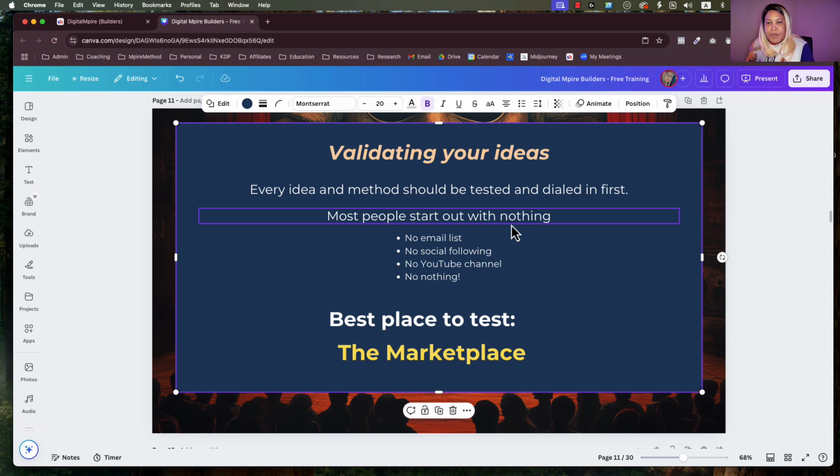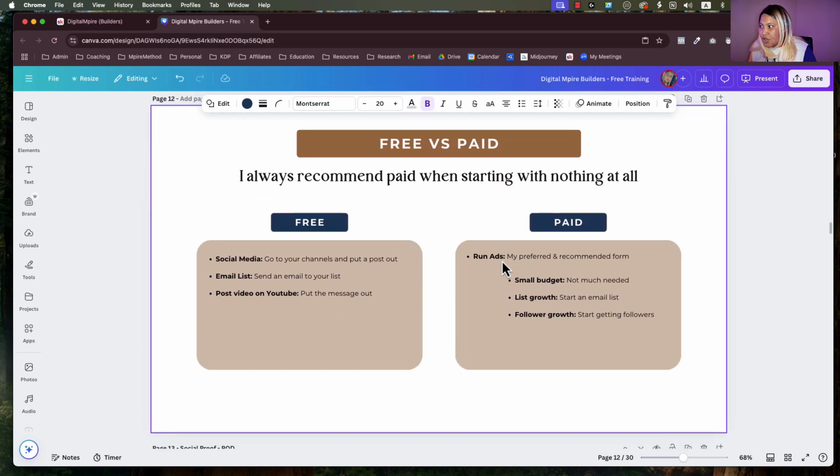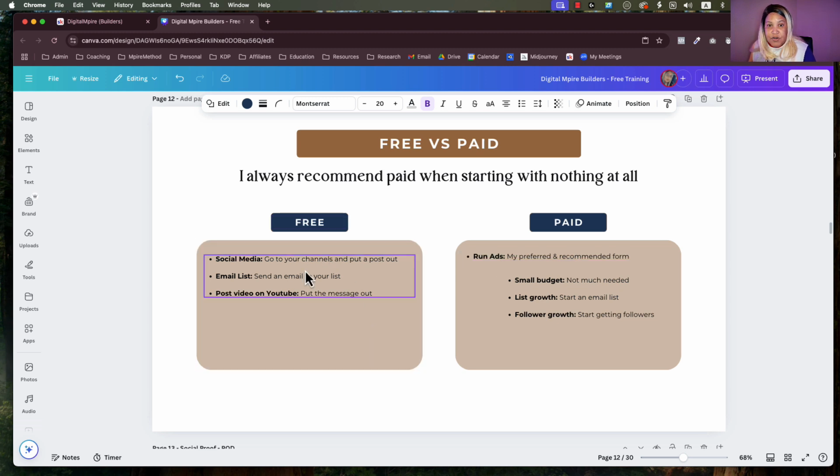And I have a whole backstory process activity that helps and maps this out in the free community. So again, I'll put the link below, but it all starts from within, the inner. Once we can get that core digital product out, now we need to go validate this product. And there's 2 ways you can validate. If you have absolutely nothing, you can go free, because that's what they tell you to do. They're telling you to go the free route to validate a product with no email list, no social media following, no nothing, no YouTube channel.